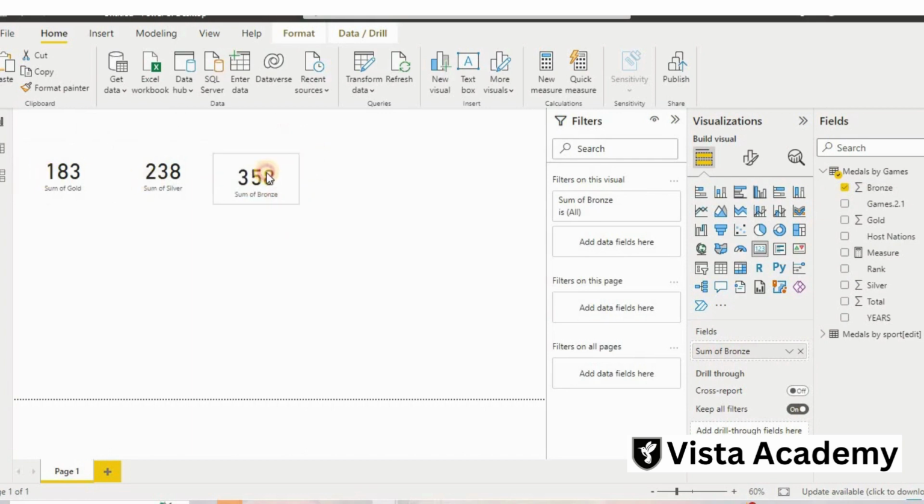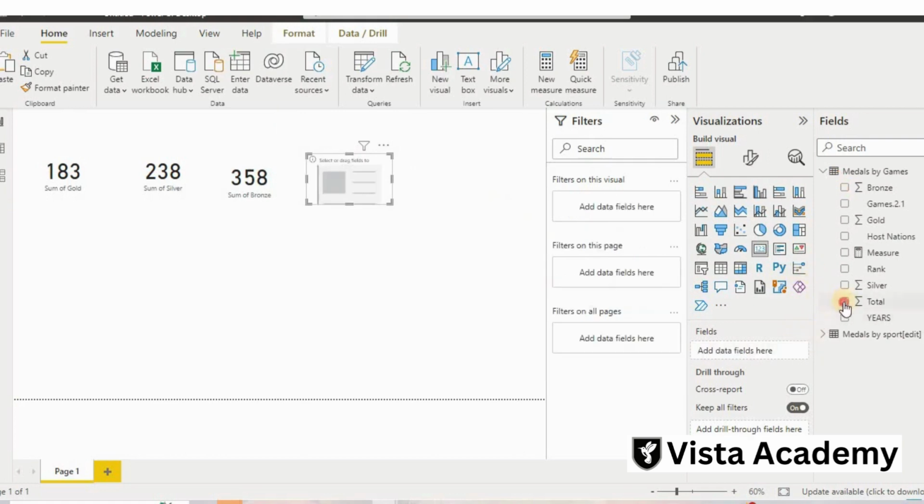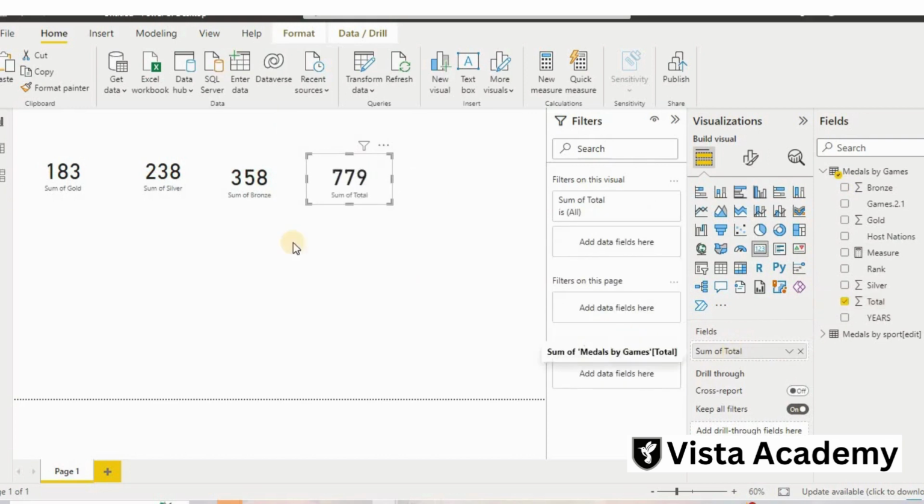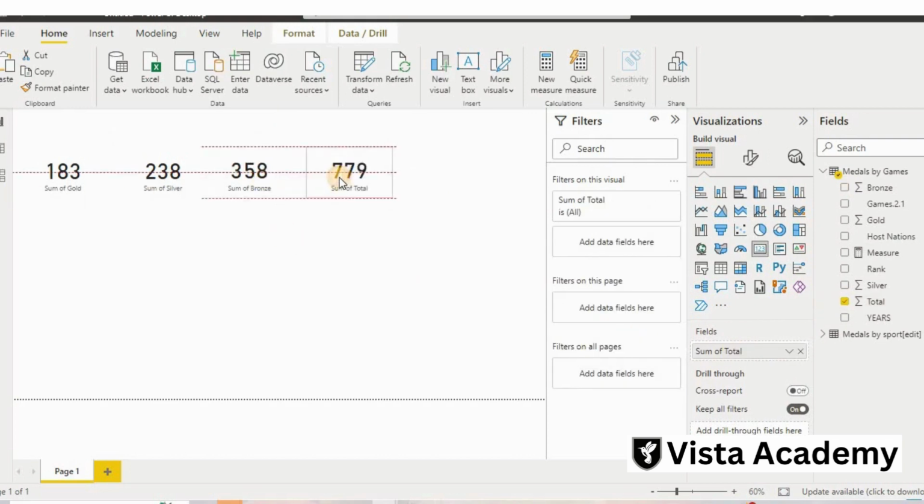I will keep it down here, Control C and Control V, and here I will take the total. What is the total number of medals we have got? So 779 is the total number of medals we have got so far, where we have gold, silver and all the things.